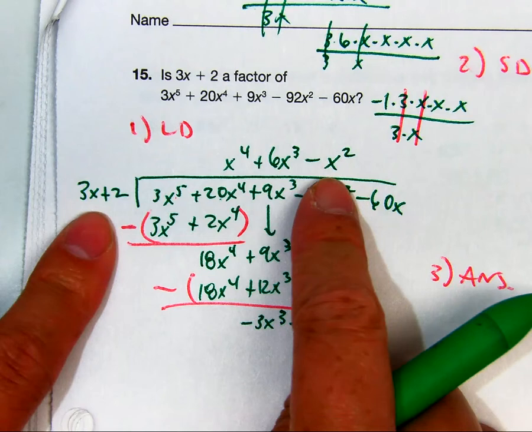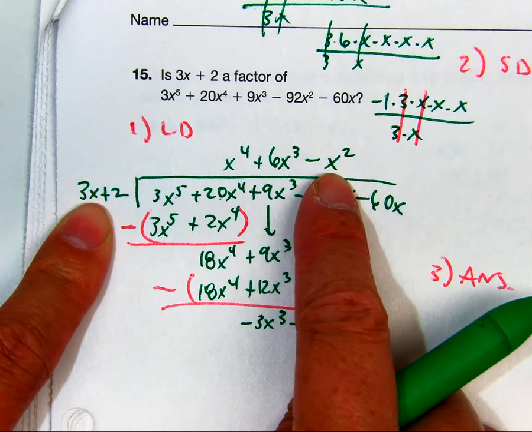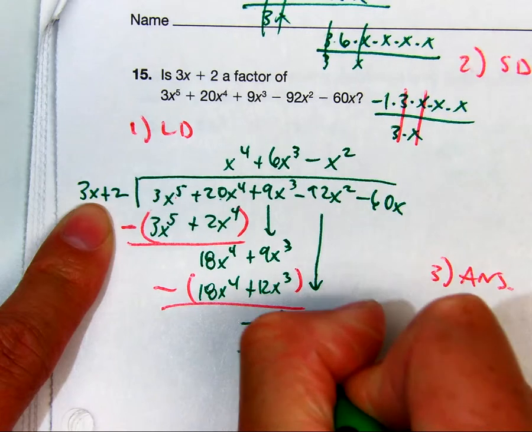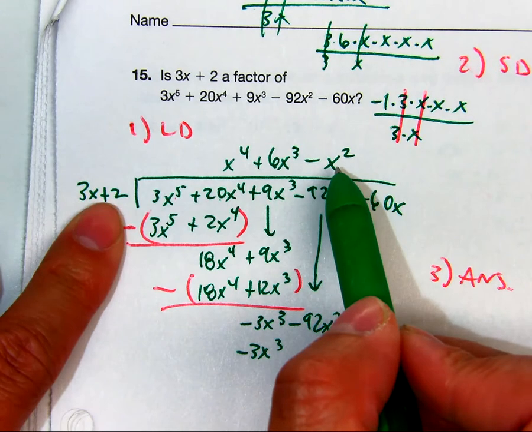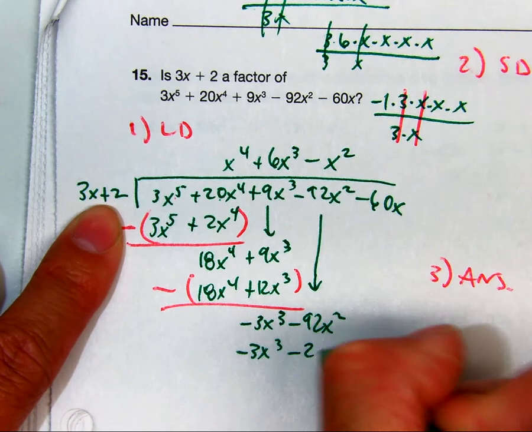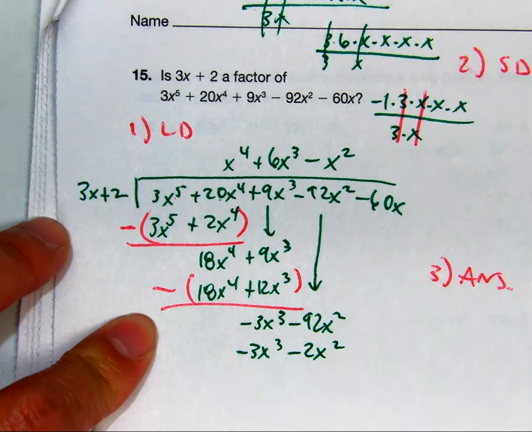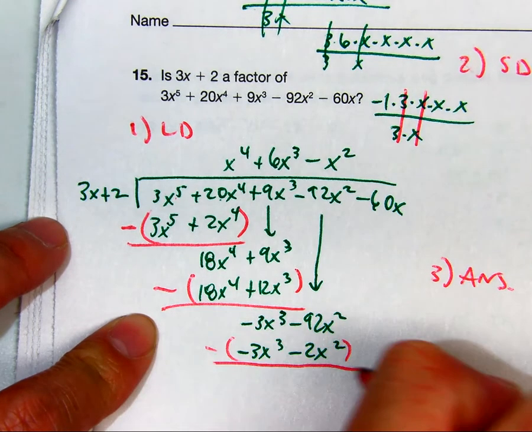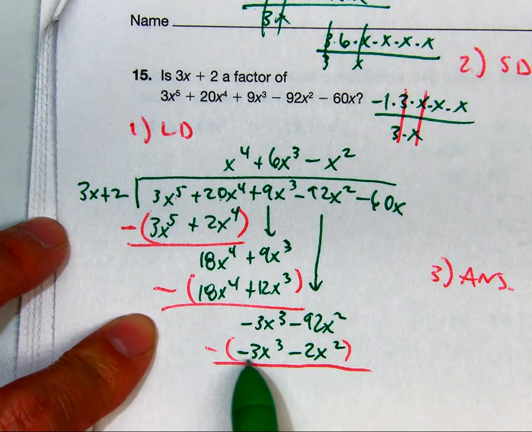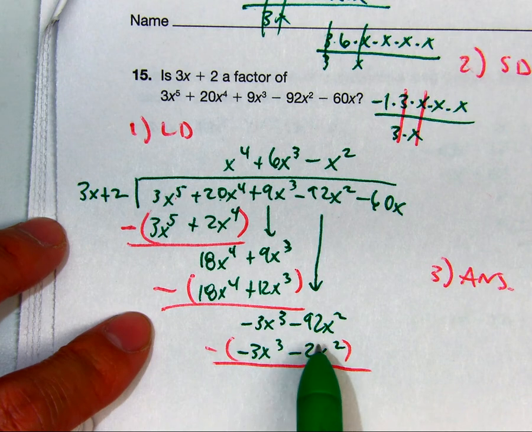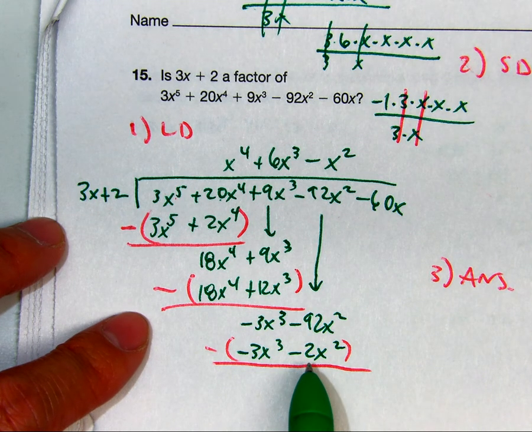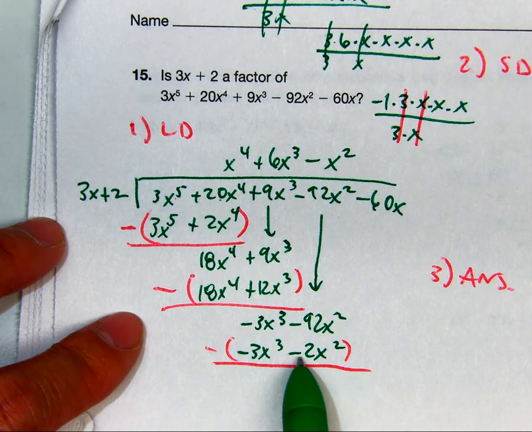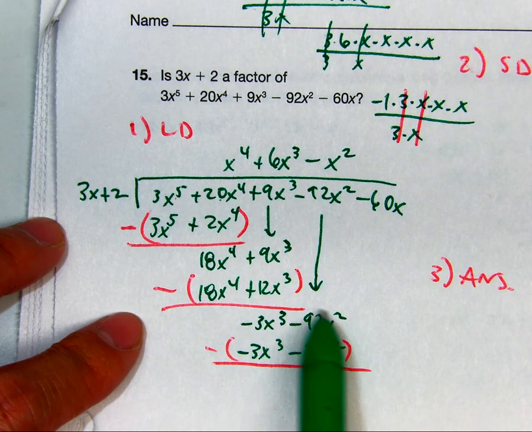Let's see if we did it correctly. If you multiply those, what do you get? See? That's how you know you're doing it correctly. They'll always be the same. Negative x squared times 2. Oh no, we gotta subtract. Negative 3 minus a negative 3 is 0. Negative 92 minus negative 2. Oh no, it's not 94. Remember, it's the opposite of negative 2, which is a positive 2. So this is negative 92 plus 2, which gives you